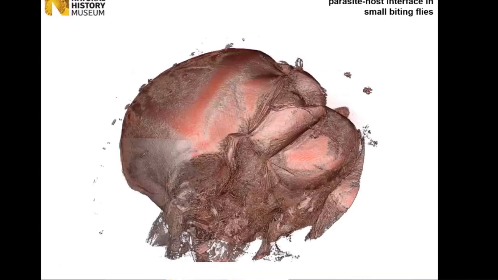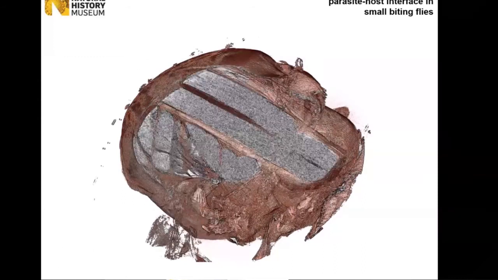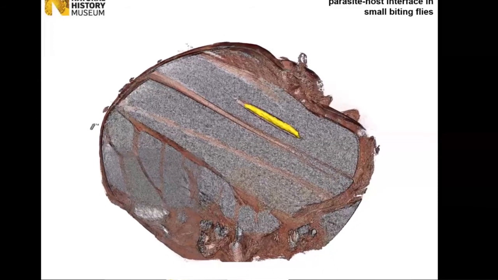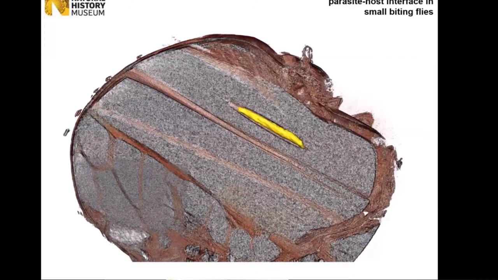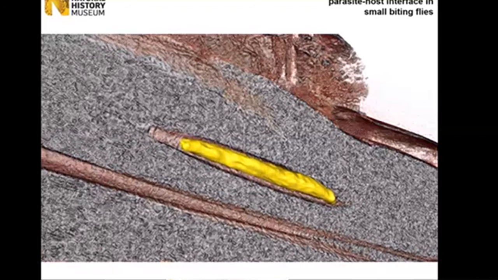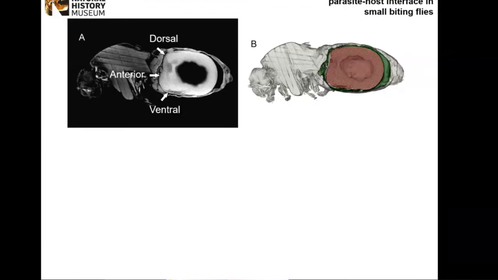And you can visualize it in multiple different ways. Here we can just peel away the flight muscles and reveal the parasite in its intramuscular space there. And that larva, in this case, has been digitally smoothed out. So as well as being able to reveal the larva in the fly, we also were looking at this question